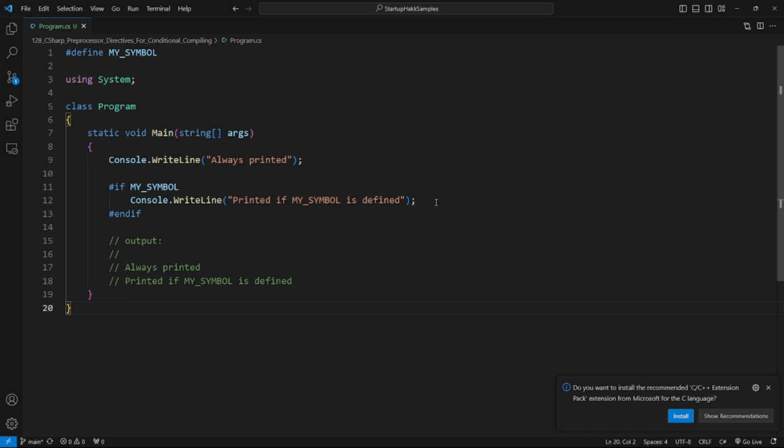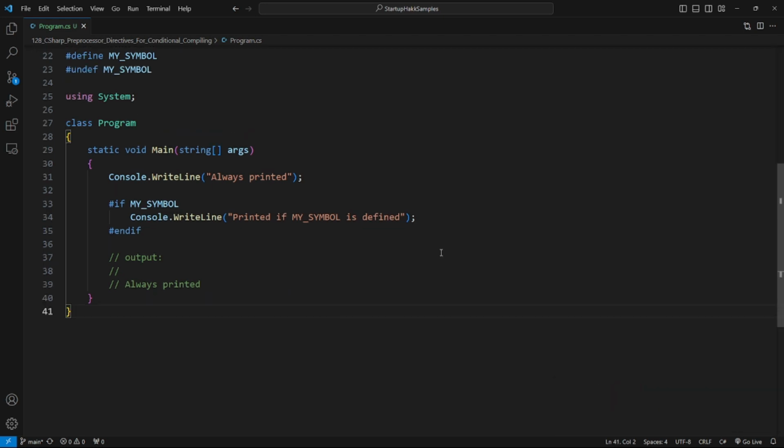So here's the example. Now what happens if we undefine the symbol before our piece of code, that conditional compilation? This time nothing gets printed to the console because the hash if directive gets a false result on the check. I'll admit it's a pretty silly example because we have no reason to define something and undefine it a line later,